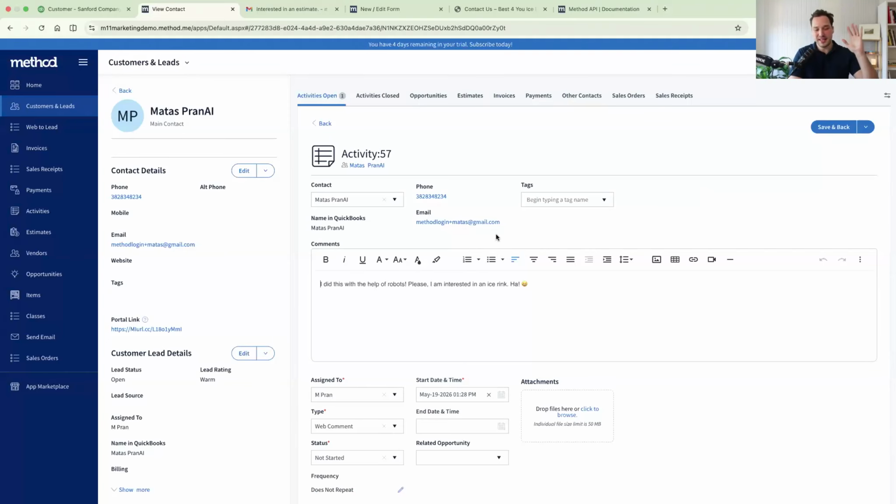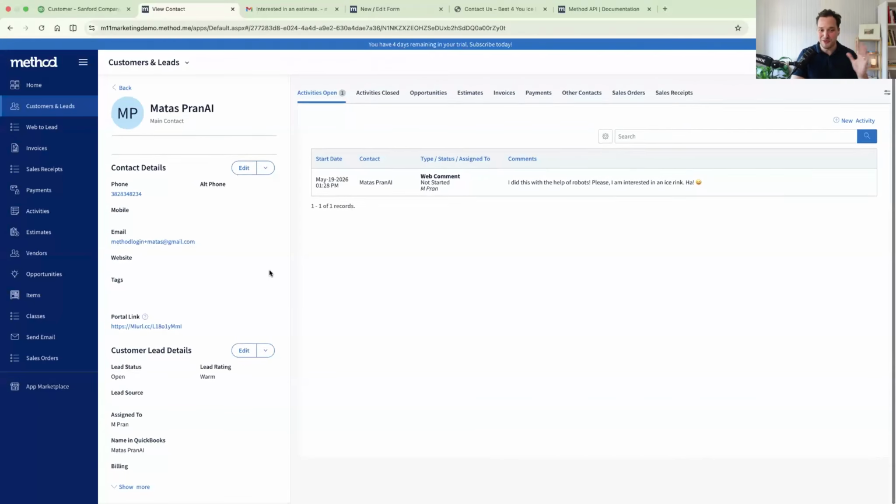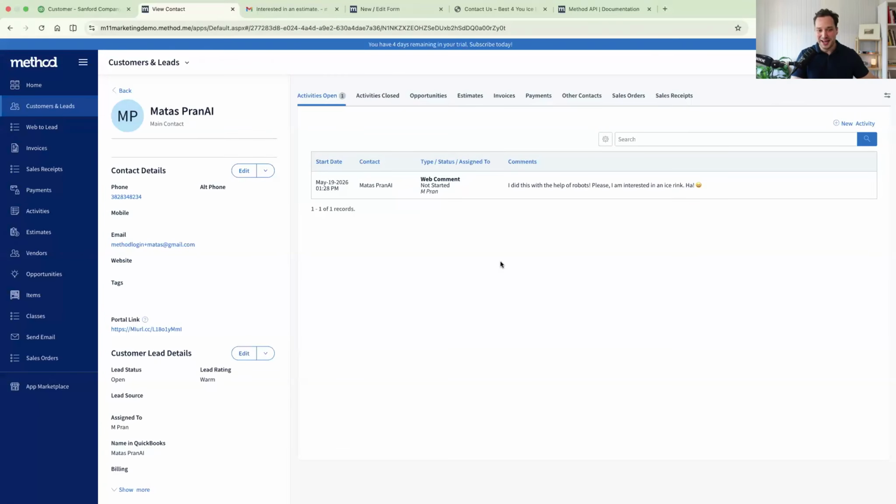One of the things I do want to caveat is that we're just demonstrating the different ways you can use Method to manage leads and to create these activities for lead follow-up, and to illustrate that this is possible. There are things you should be aware of. The AI can sometimes make things up. I ran into some of that for sure, and it was not perfect. Errol did check my work at one point and said, hey, you're creating a whole bunch of records here that are empty and don't do anything.